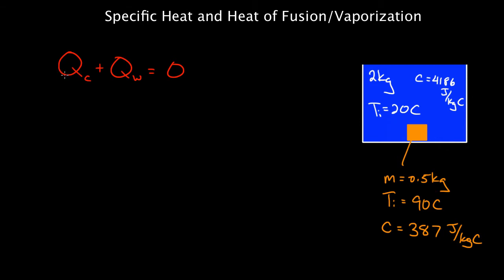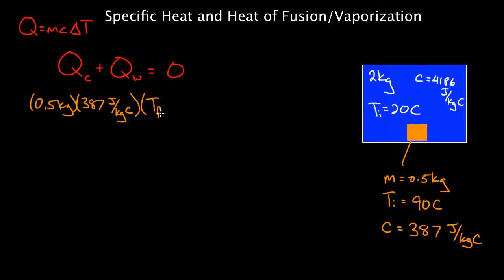We had a formula. Remember, Q equals mc delta T, which I like to remember because it looks like MCAT. So mc, this delta looks like an A to me, so this looks like Q equals MCAT. So I've got to use the mass of the copper. There was 0.5 kilograms of copper times the specific heat, which is 387, times the change in temperature. I don't know the final temperature. That's okay. I'm going to name my ignorance and give it a variable here. I'm going to call it T final minus, I do know the initial. It started at 90 degrees Celsius, so minus 90 degrees Celsius,